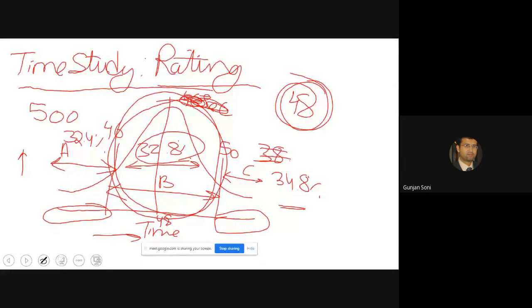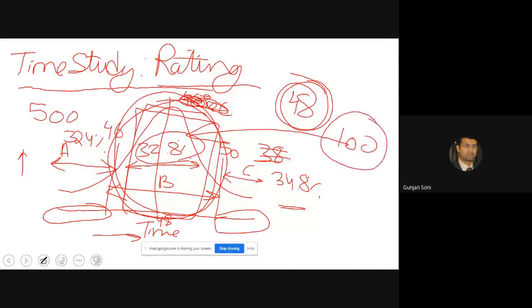The idea was that we need to focus on this set of workers and take them as a standard worker. These workers would be given a performance rating of 100, which basically means that if you are doing your best and lying in this range, you would be given a rating of 100.